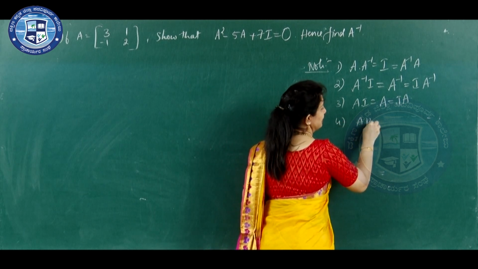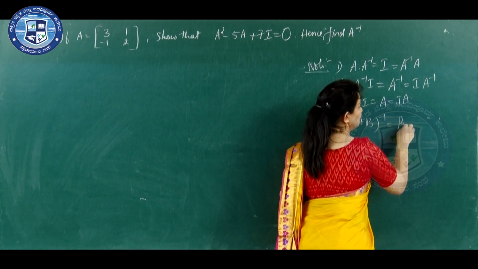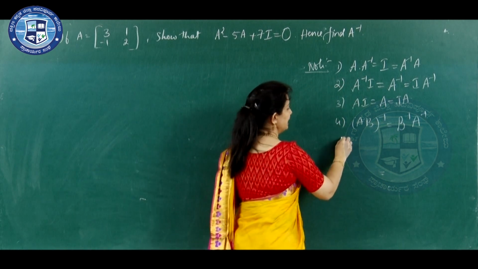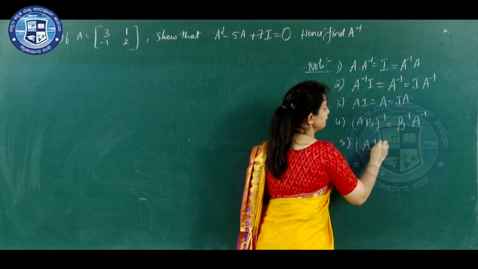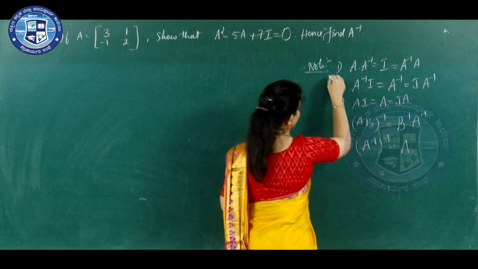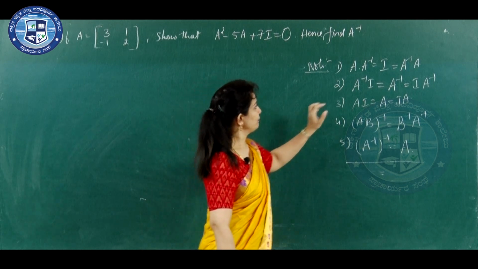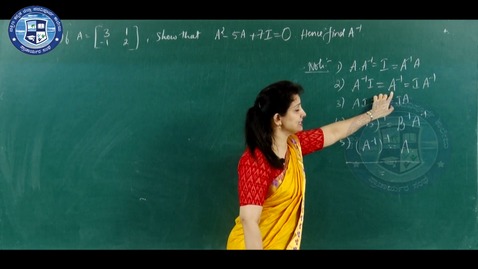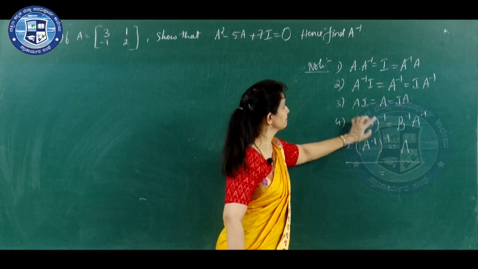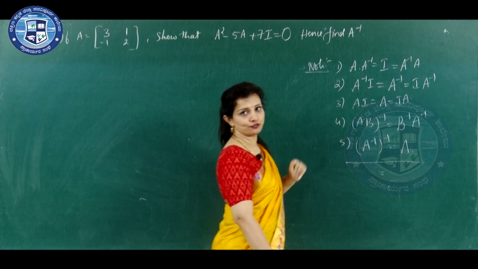And also, we have proved this one using an example: the inverse of AB is B inverse into A inverse. And even the inverse of A inverse is A. So, please make a note of these properties and remember them. Whenever you multiply identity matrix to any matrix, you get that same matrix, and similarly A into I is A. When you multiply a matrix with its inverse, you will get identity matrix. Please make a note of this.